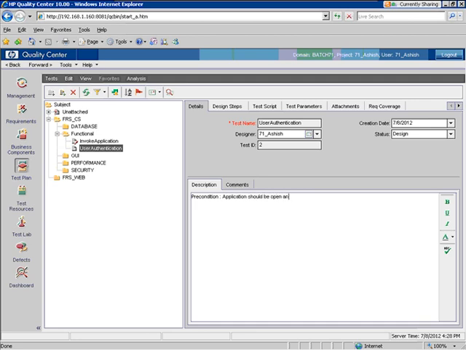Application should be open and the login dialog should be displayed, right? That's a precondition for user authentication step. And what will be my design steps here? The design steps will be